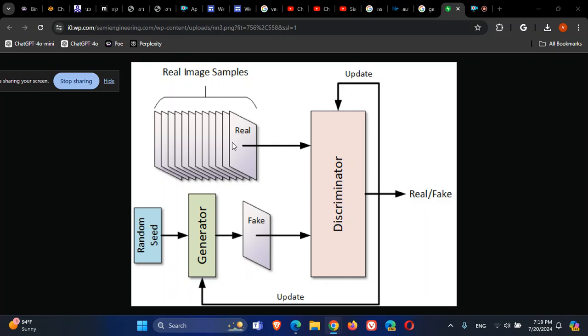I want it to generate images that are as real as possible to my training data, to our training set. So after I train the discriminator to differentiate between real and fake, where fake comes from the generator and real comes from the dataset from the real world,